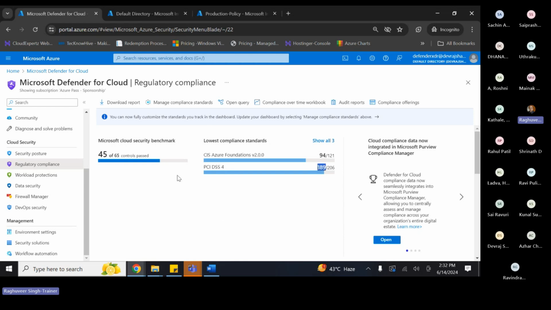So this is the current status of my Azure resources configuration, because these controls are primarily evaluating how I have configured my Azure resources, and on that basis, they are giving me this information. So as an engineer or as a professional, your job is to try and pass